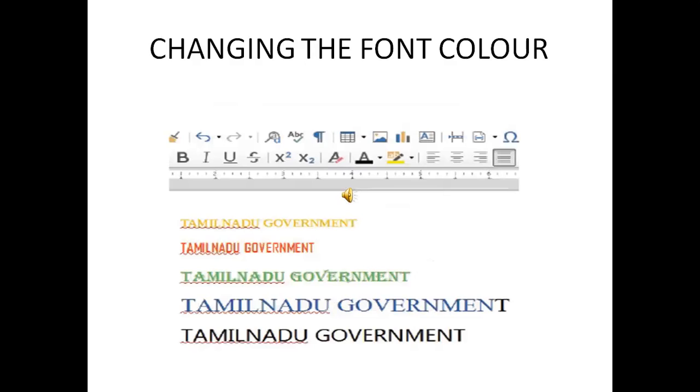Changing the font color. A different color for selected text can be used. Color printers are becoming more and more popular. With the help of a color printer, some splash can be added to the documents by changing the color of text. To use a different text color, select the text and click the arrow in the font color icon. A color palette is displayed from which the required color can be selected. Alternatively, select the text and click on the font color icon to apply the current color of the font color.